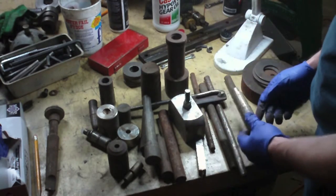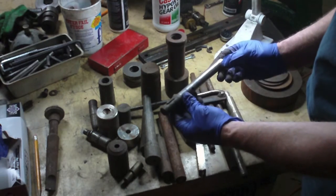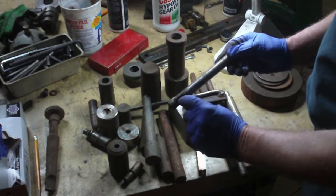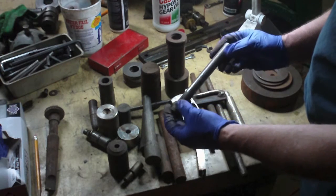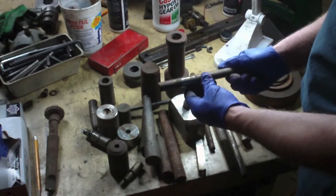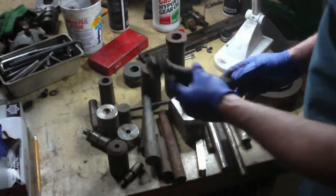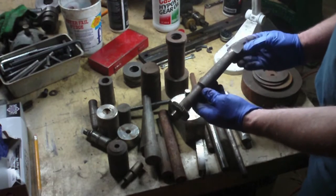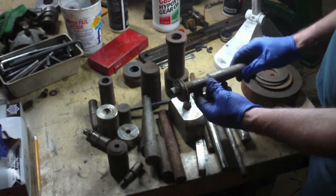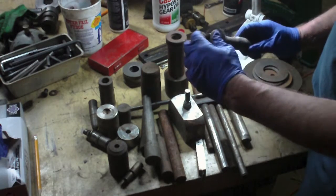Piece of steel, started making something with that. This is an arbor or something, don't know what. It's got a keyway in it, piece of key stock in there. This might be hardened, I don't know. And then here's a Morse taper. It's a Morse taper to an arbor,